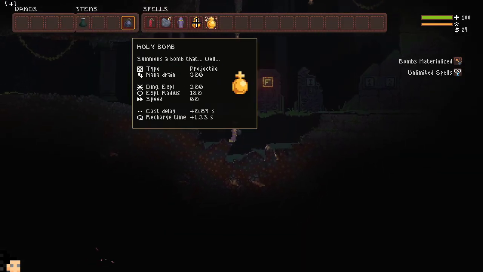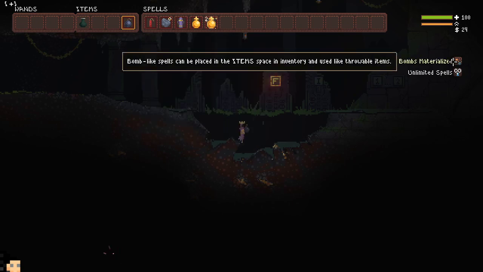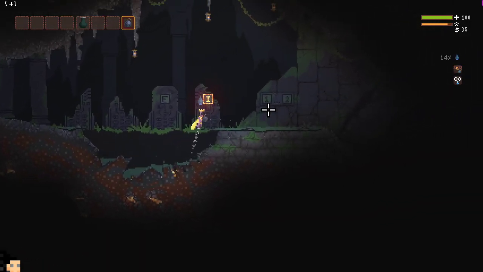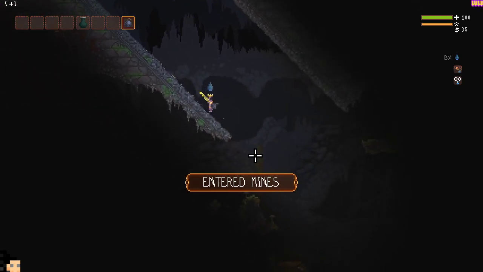In the recent update on the beta branch, we now have access to our spell inventory at all times, so we can move things around. We didn't used to be able to do this, so I wouldn't have been able to do that specifically in the recent updates of the game. You still can't do it on the main branch currently. If you want to check out my update video...